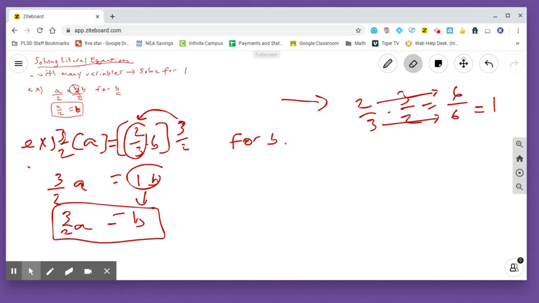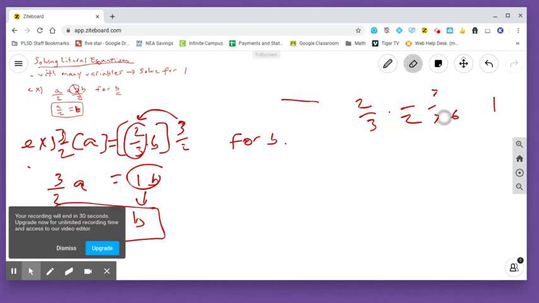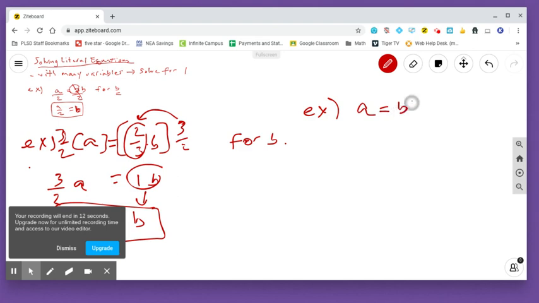All right, so let me erase this over here so I can get some space. And I think I might be able to squeeze one more in. For example, what if I did area equals base times height? Well, if I solve this for B again, I divide both sides by H. Area